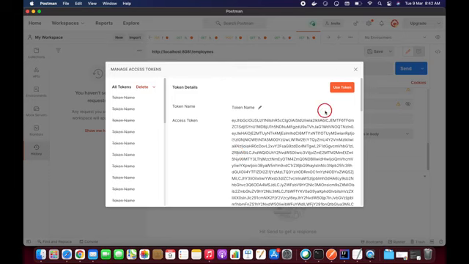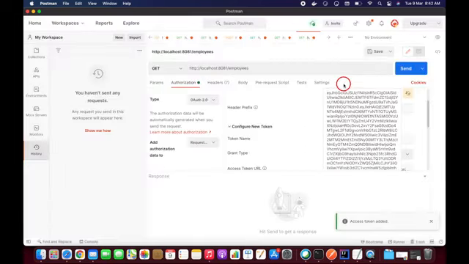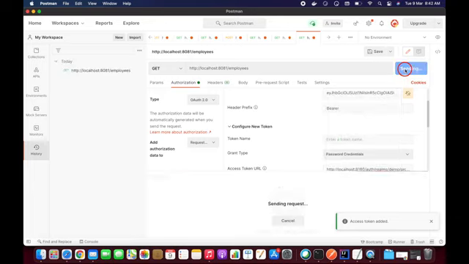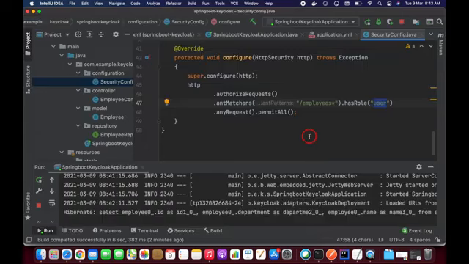Okay, so the access token was generated successfully, guys. So let's use this token and send this. Okay, because we don't have any data, that is the reason we are getting an empty response here. And this is one way, guys, and another way what I'm going to do is, instead of using antMatchers here, what we can do is add,